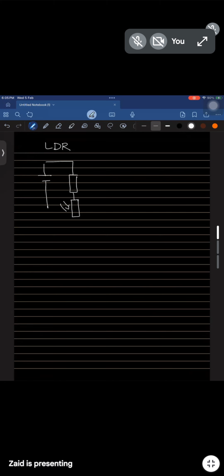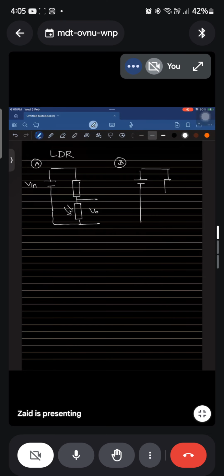LDRs are basically the light dependent ones, and they work under bright conditions. So the second one is going to be LDR. Now you have to talk about dark and bright, something quite similar to what you studied. So we have got an LDR. I place the potential divider over here. That's V out, and that's V in. This is scenario A, and that's going to be scenario B, where you have connected the